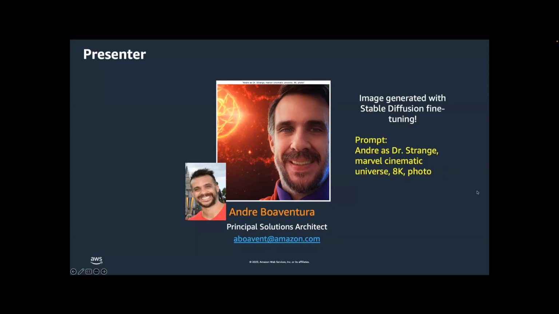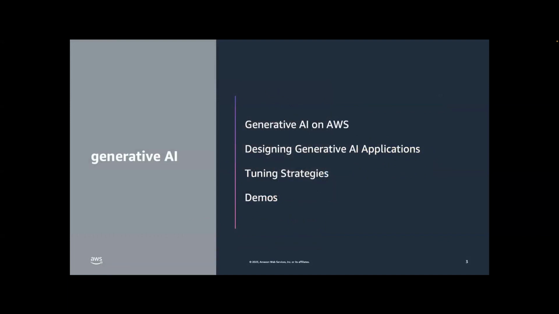Today is going to be a deep dive session, tech session, in-depth discussion on some of the key topics, like what we can do to get started with generative AI on AWS, what the options are, including using Bedrock, SageMaker Foundation Models, Code Whisperer, information and training. And then I'm going to discuss some of the best practices for designing generative AI applications, including things like how to implement VectorDB, semantic search, how to implement your interface,